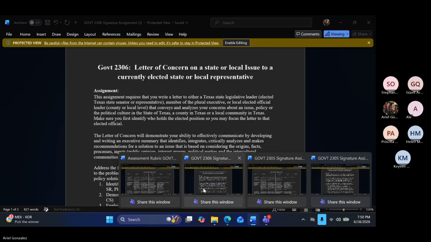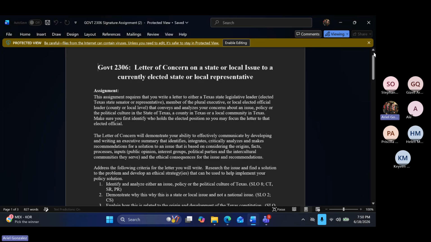2306 is pretty much the same, except that you're going to have a larger variety of elected officials that you were going to write to. So for 2306, again, it's the same mock letter, but instead it's going to be to a Texas state legislative leader. So this would be a member of the state legislature, either a Texas state senator or a Texas state representative, or a member of the plural executive. So this would be like Governor Abbott, Lieutenant Governor Dan Patrick, who of course are also up for reelection,